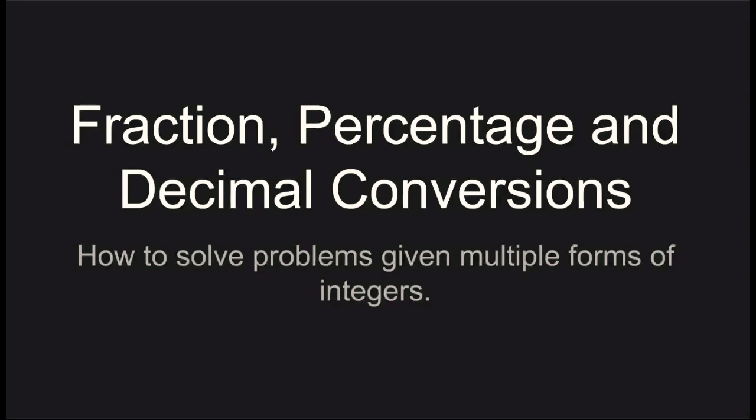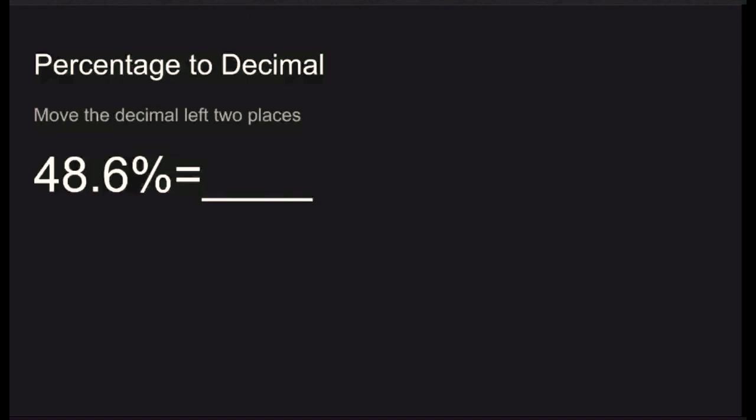So today we're going to be going over how to convert fractions, percentages, and decimals from one form to another and how to solve problems given multiple types of forms of an integer. So for example, if you're adding a fraction to a percentage, look at converting from a percentage to a decimal. So the easiest and simplest way to say how to do this is to move the decimal place left